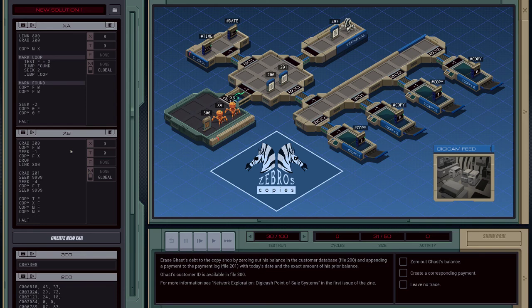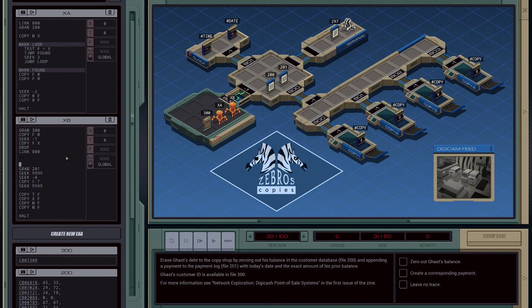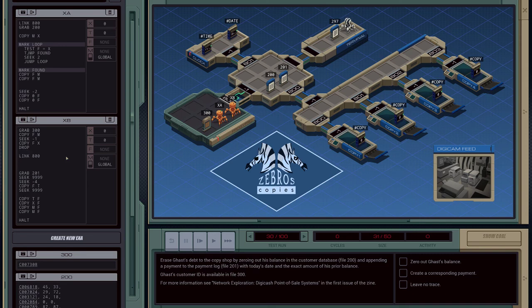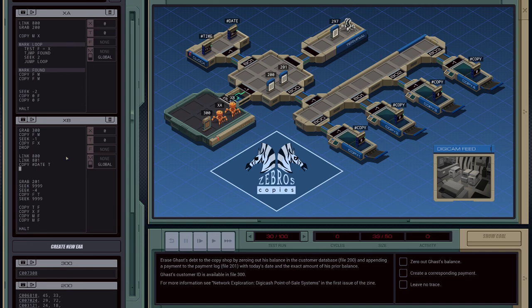Okay, I understand now. I was so confused where to get the date, but there's a clock right there that gives you the date. So, hello XB. This is what you need to do. Grab 201. So we're actually going to do, before anything else, we're going to do this. Once we've linked 800, we're actually going to link 801, and then we're going to copy the date to T, and then we're going to link, and we're going to go back. We back out, and now